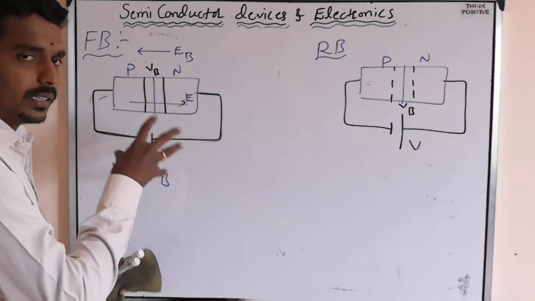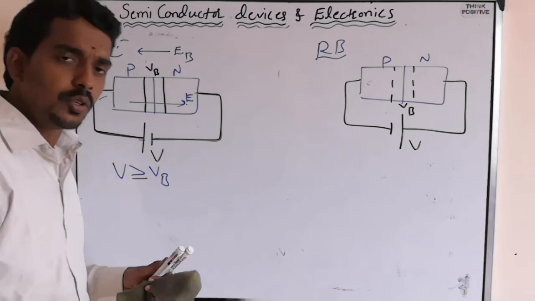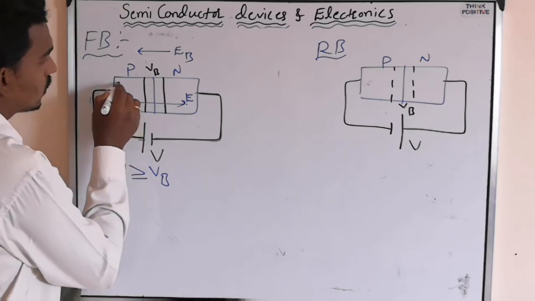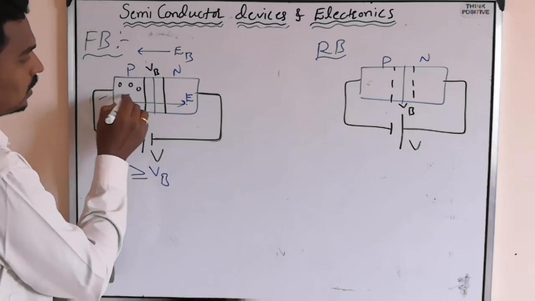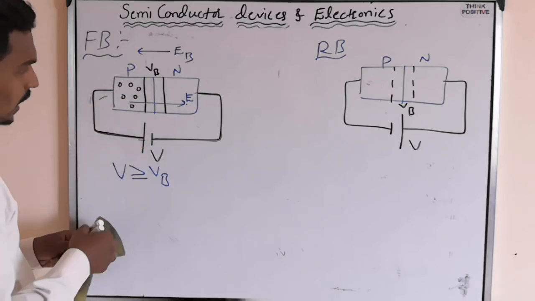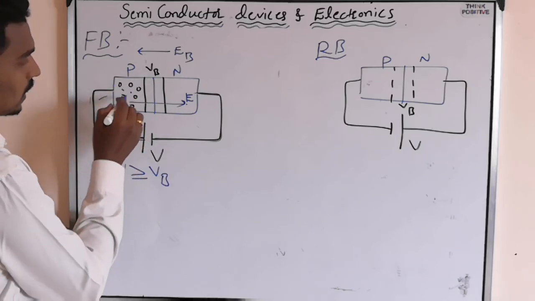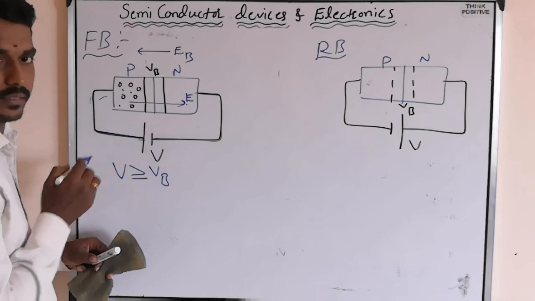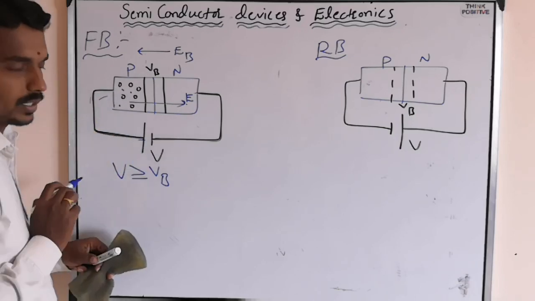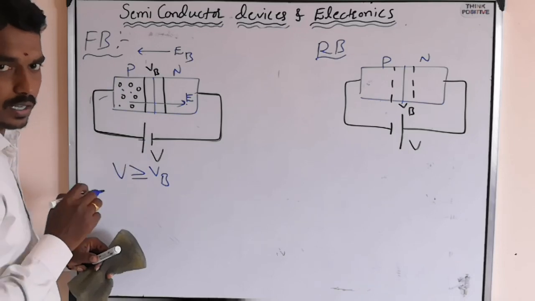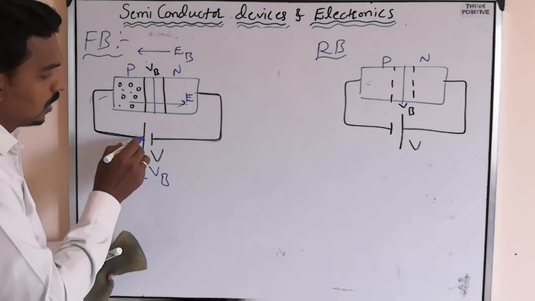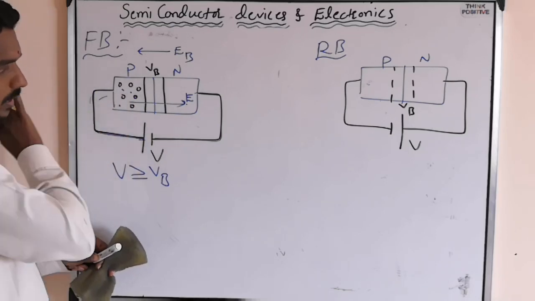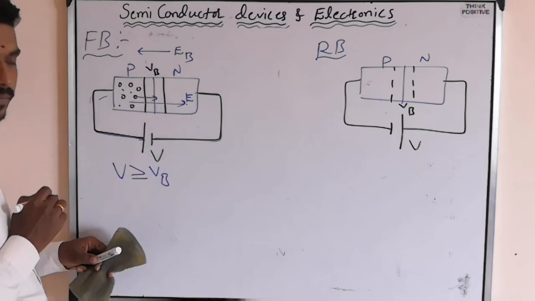Now, after connecting this, what happens? Current should flow, which means charges should flow. See here, holes are there. Majority charge carriers are holes, and minority charge carriers are electrons. Now this is the positive terminal, so electrons get attracted. Negative charge is attracted towards positive. But the hole is a positive charge according to our assumption, so the positive potential repels the hole. So it will repel this way.